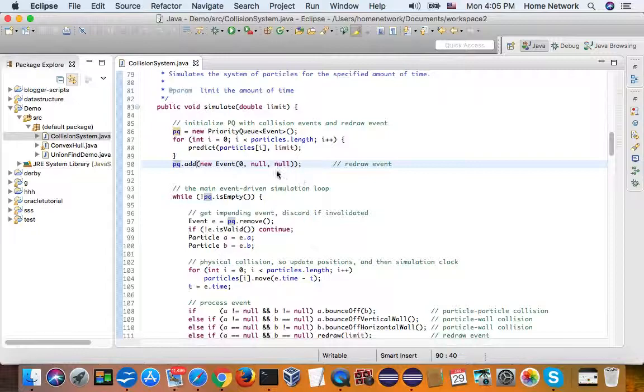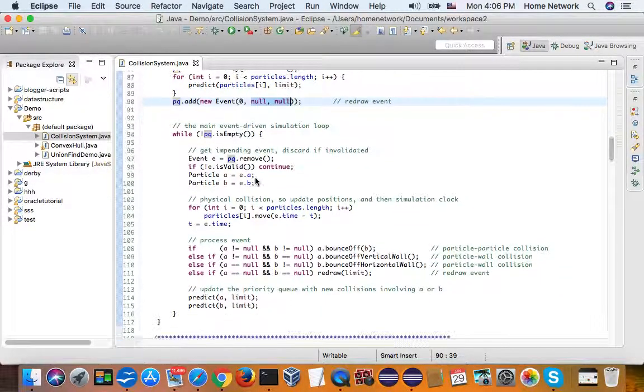Of course, we artificially generate an event with both particles as null. This signals the computer: once you see this kind of event, you redraw the stage. So we have three kinds of events. Event 1, two particles collide. Event 2, a particle collides with a wall. Third, artificially, the computer draws the picture. Those three kinds of events are interleaving, and we need to deal with them